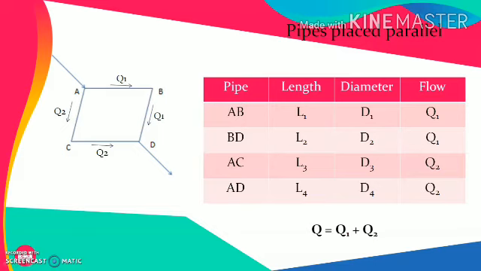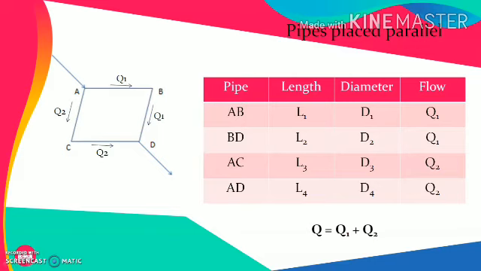So this network is ABDC. Please go through the details, as the properties have been mentioned, and it needs to carry a total flow of Q. So when there is a common inlet for pipes AB and AC, that Q will be divided into two parts, Q1 and Q2. Q1 will be the flow through pipe AB while Q2 will be the flow through pipe AC. Pipe BD will carry the flow equivalent to Q1 while pipe CD will carry the flow equal to Q2.